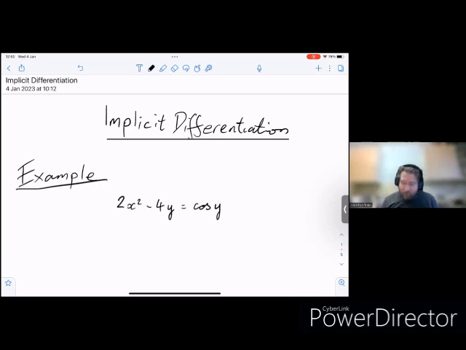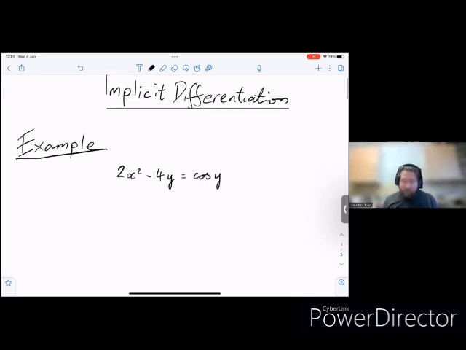So first of all, this 2x squared is just a normal function of x, so we differentiate that normally. So that becomes 4x. Okay, so now we continue moving across the equation and we find the next term has a y in it. So now we need to know, for implicit differentiation, when you're differentiating a function of y with respect to x,